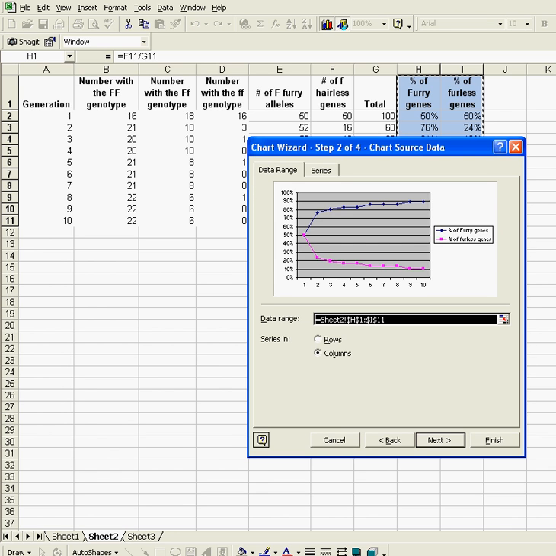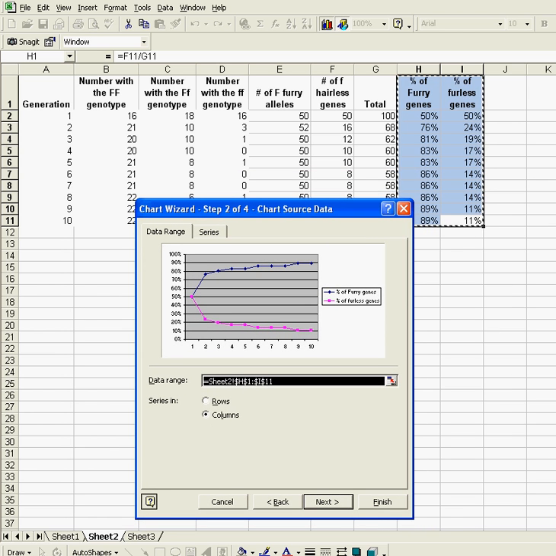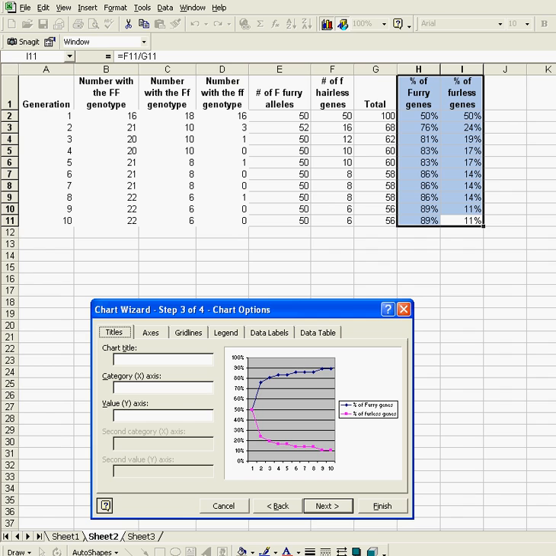All right, and you go to this, and one of the things you notice is it shows you what the graph looks like, and this is a very, very pretty graph, and it does exactly what I want it to do. You can see the blue line is the number of furry genes, and that goes up and then tails off at the top. And then the pink line is the number of furless genes, that goes down. And then I'm just going to click on next, and I'm going to do chart title, gene frequencies,